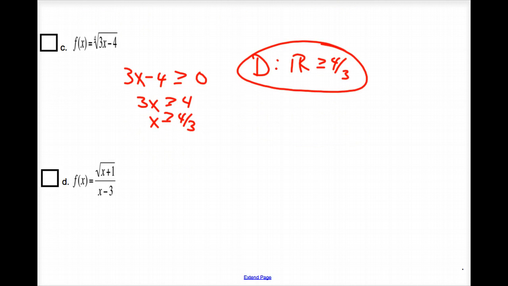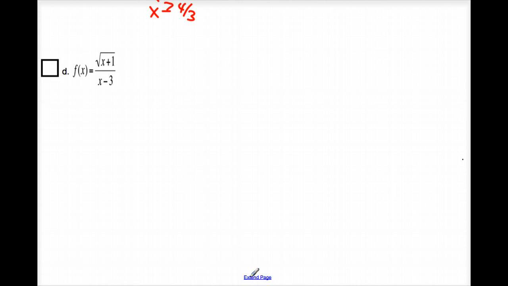Last one's got both. It's got an even root and it has a denominator. So I'm going to do two parts here. I'm going to say this top part, the inside part inside the root, has to be greater than or equal to 0. So based on the top, x has to be greater than or equal to -1. Well, if you left it at that, 3 would be a possible answer. And if you plugged in 3,